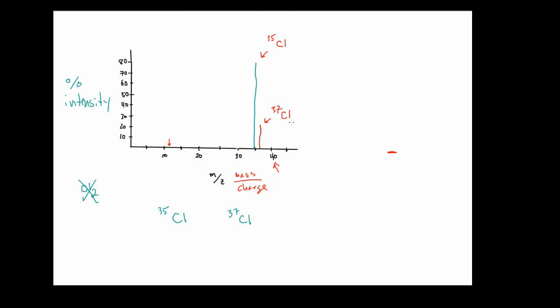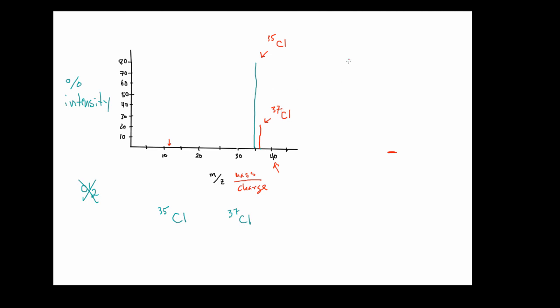So the question is, how do we figure out our percent abundance from data like this, where the peaks are correlating with a percent intensity? In other words, the percent intensity here is not actually correlating directly to the percentage of the Cl35 and the Cl37 in the sample. So how do we get from this crude data to data that actually gives us the percent